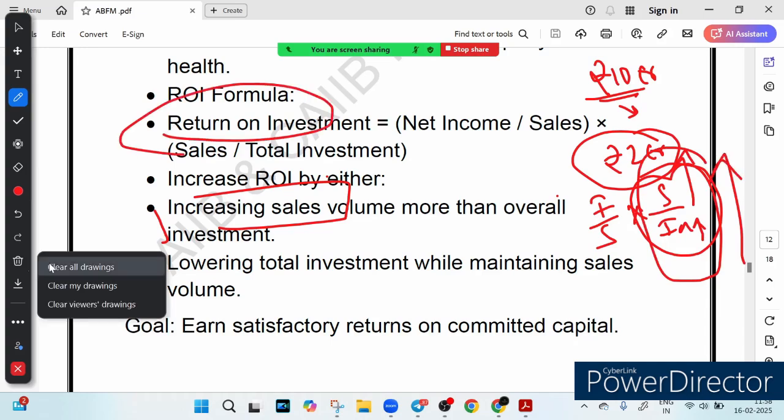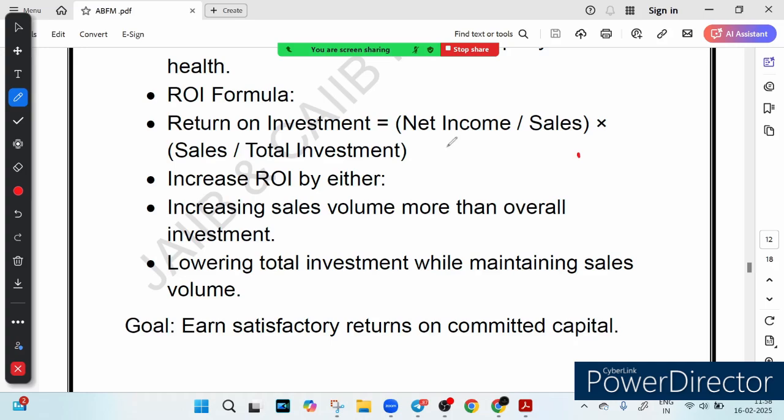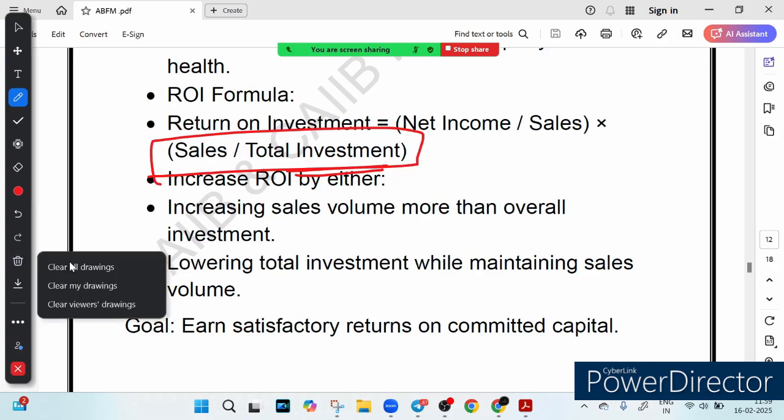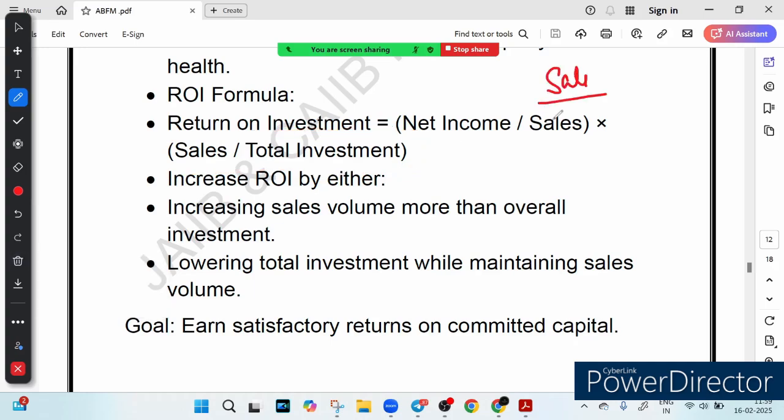Another thing is that you look at the first ratio. What is the first ratio? It is income upon sale, right? So one more way: one income you cannot control. What you can control is this investment. This investment you can control. So your overall monitoring factor will be this: sale upon total investment. This thing you can control, right? So what you can do, you increase your sale by this much, and you increase your investment by this much. So overall ratio will increase.